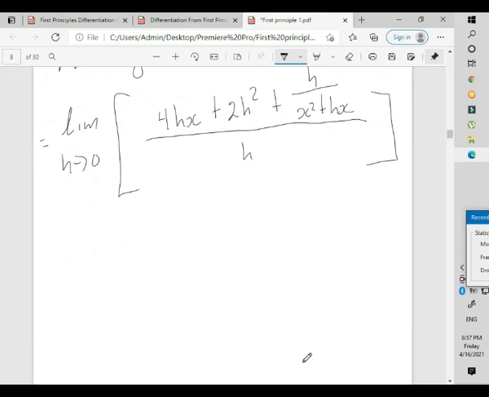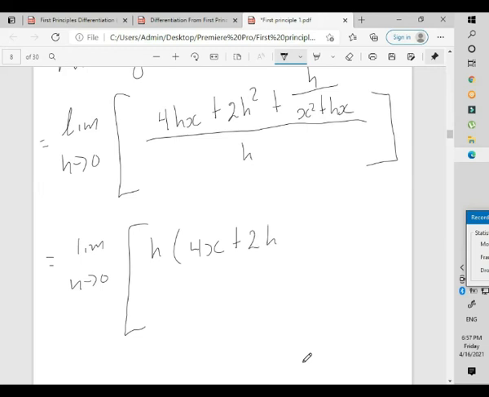So this is the approach that I used to complete it, and maybe someone else would show you a working that's probably less complicated than the way that I sometimes choose to do stuff. So factoring out, I have h, we've made 4x plus 2h plus, remember the h in the numerator is what I'll be factoring out, so I'll have 1 over x squared plus hx, and this is all being divided by h. This gets cancelled out,